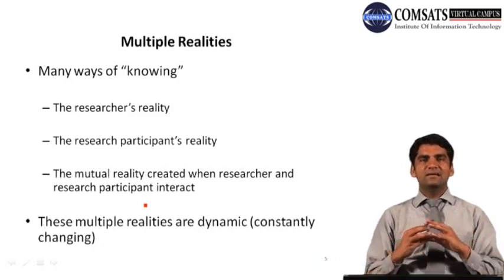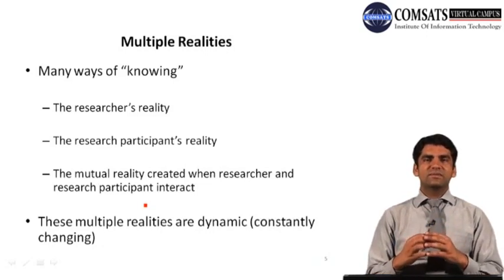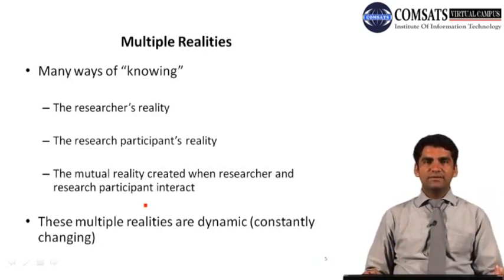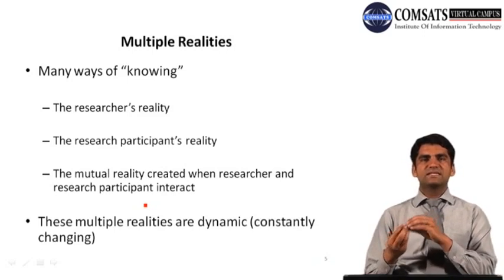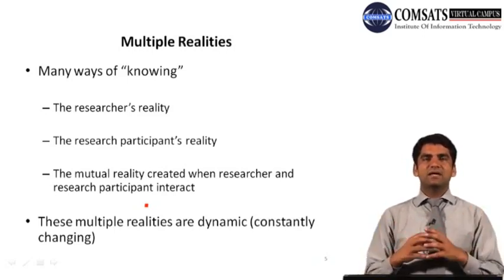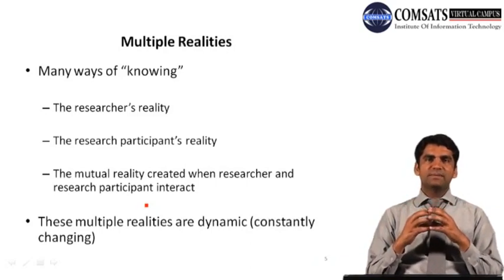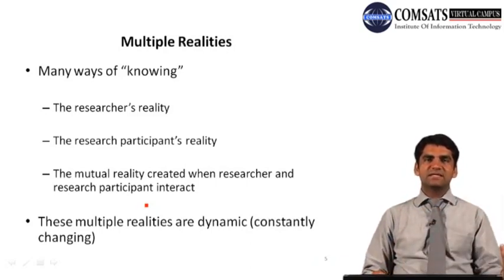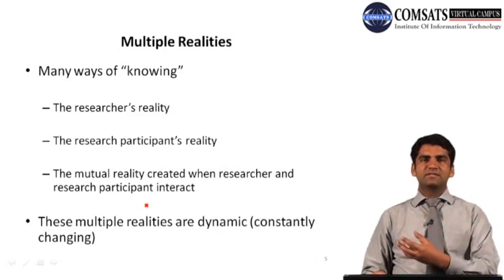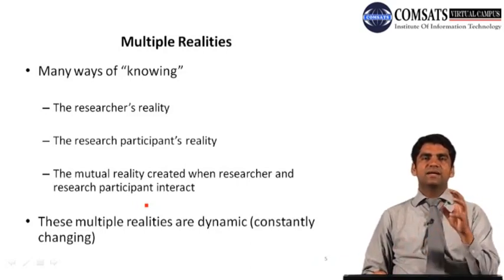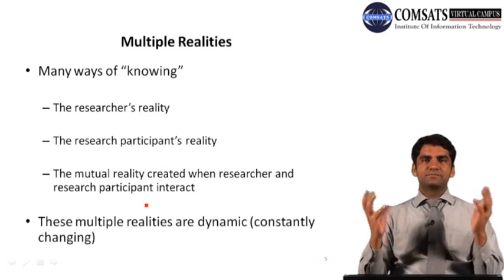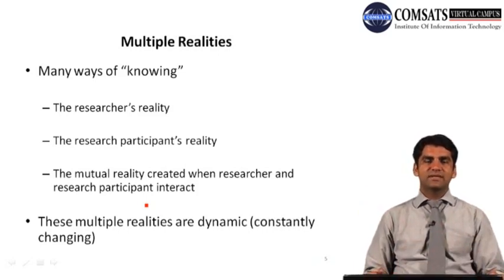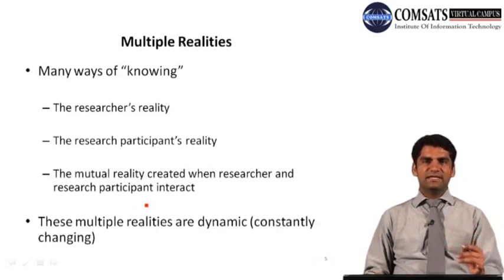And then I link my understanding or observation or perception versus what I have been told by the participants, and how these two can be linked through conceptualization or theoretical framework can come under the phenomena of multiple realities. So the researcher can be thinking one way, while participants or subjects are thinking in a different way. And how do these link to the theoretical or conceptual framework that exists, and how can these be combined together? This is how we understand multiple realities of a single thing's very existence.